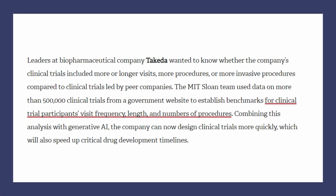Let us look at another example from Takeda, which is a biopharmaceutical company. The leaders at the company wanted to know whether the company's clinical trials included more or longer visits, more procedures, or more invasive procedures compared to clinical trials led by peer companies. The MIT Sloan team used the data on more than